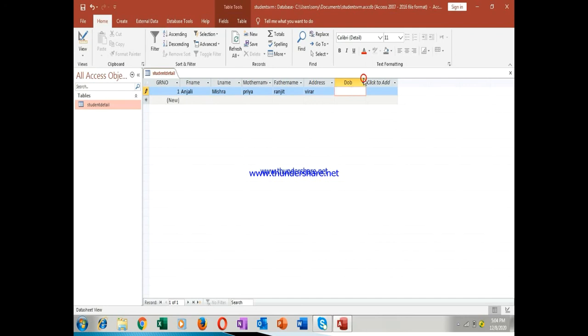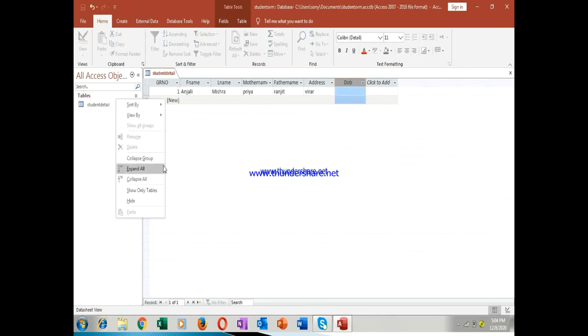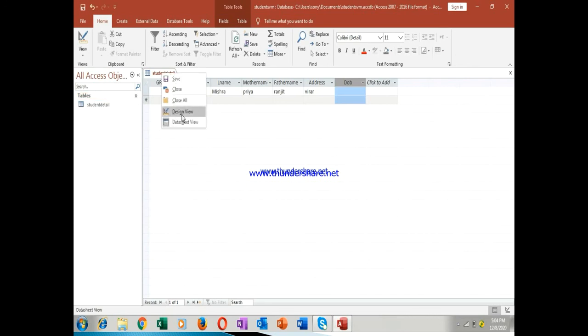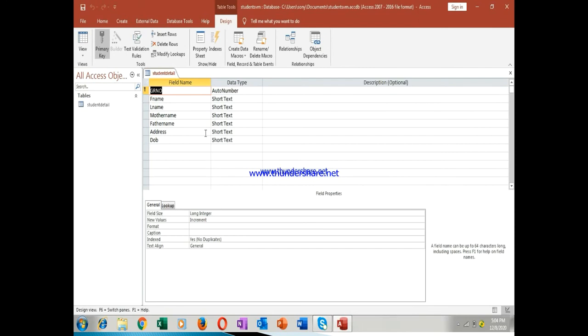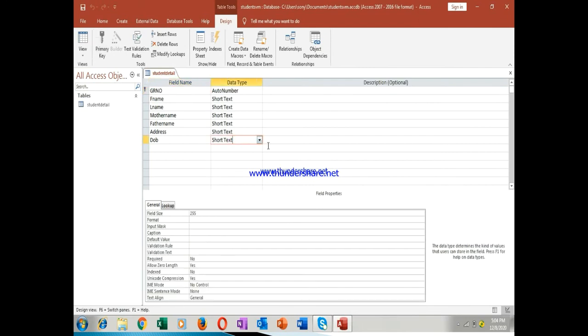So here you can change the date of birth type. Here, click on it. Okay, don't click here, you just click on it only. Right click, sorry, you go to the table, right click, go to the design view, and this date of birth, there it is short text. Now we don't need short text, we actually need date and time.